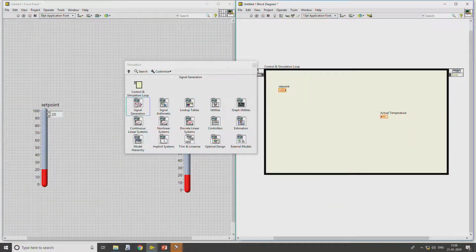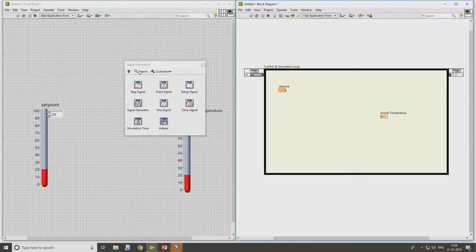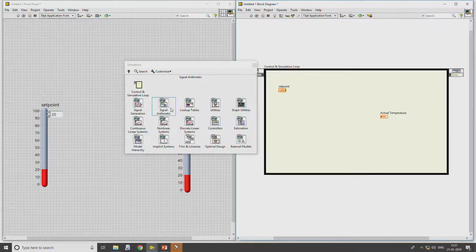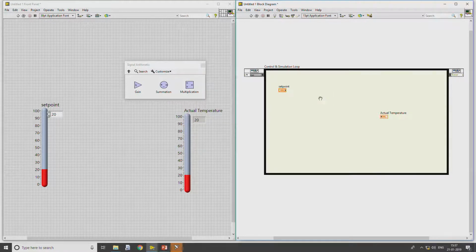For that I will take a summation block, which is already available in signal arithmetic of the control and simulation toolbox. I just rename this to error amplifier, because the operation of the summer in this case is actually a difference amplifier, similar to our error amplifier.